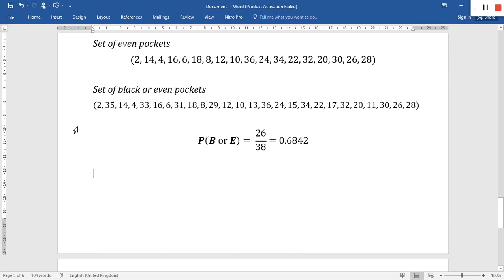So we are trying to work out the probability of the ball landing in a black or red pocket, and we're dealing with two separate events. A black event is not a red event. They don't coincide. So there are two separate events. If the ball landing in a black pocket and the ball landing in a red pocket are two different events, there's no coincidence between them. So we call these events mutually exclusive events. So let me write that as B and R